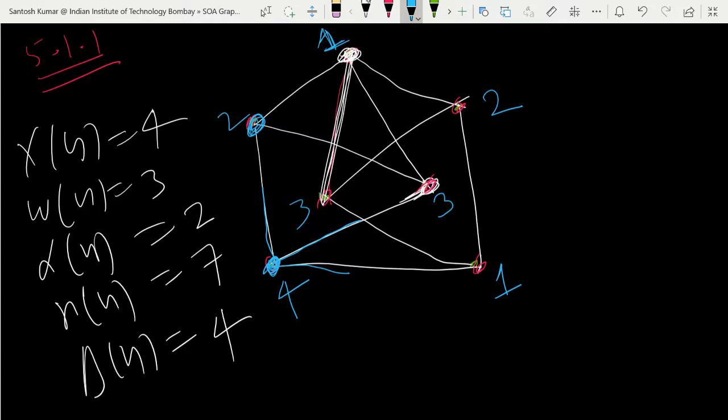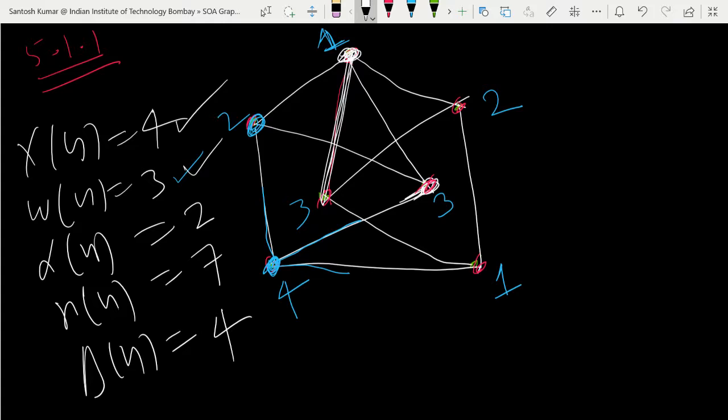Then you can check the largest size clique. That is a triangle you can take out. Is it possible to take 4? No, I think there is no 4-clique, because a clique of size 4 exists only if it has K4 as a subgraph. So we cannot. This is fine.